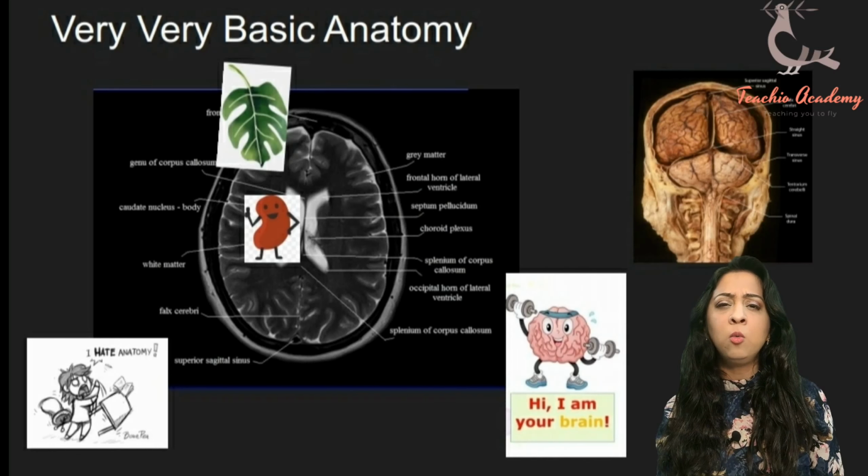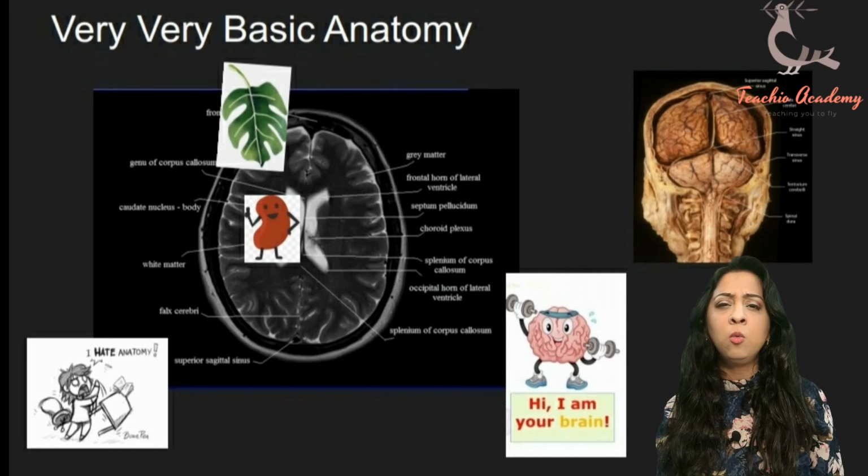The last thing I want you to look at is the center of the brain. You can see some white lines. What I want you to just know is that these are the dips of the dura mater into the center of the brain, something that in the cerebrum is called falx cerebri. What I want you to just remember is that the brain looks symmetrical, so it's equal on both sides, and the falx cerebri divides it into two equal parts. Okay, that's it. You don't need to know anything else about the radiology of the brain or the anatomy of the brain to solve most of your PLAB 1 questions.